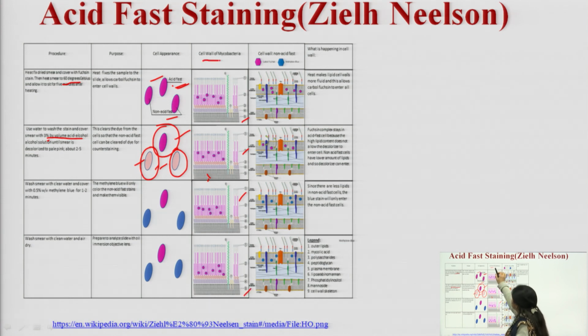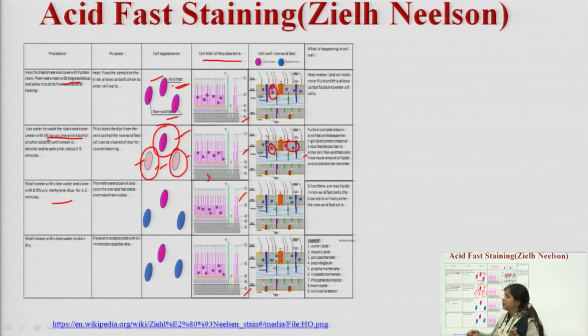In the case of acid fast bacteria, mycobacteria being an acid fast bacteria, the primary stain is retained from the first step till the last step. That is, the acid fast will retain the primary stain, whereas the non-acid fast, as you can see in these cells, has the primary stain within the layer, but once you have washed them with acidic alcohol, they will get decolorized. Non-acid fast get decolorized, whereas the acid fast retain the primary stain.